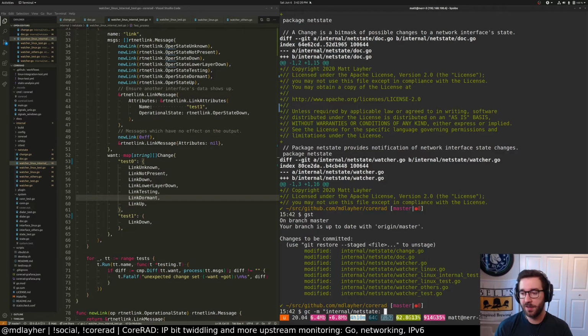Internal net state. Yes, I do check for gofmt -s. Yeah, nice to tidy things up, you know. License headers go fmt -s.